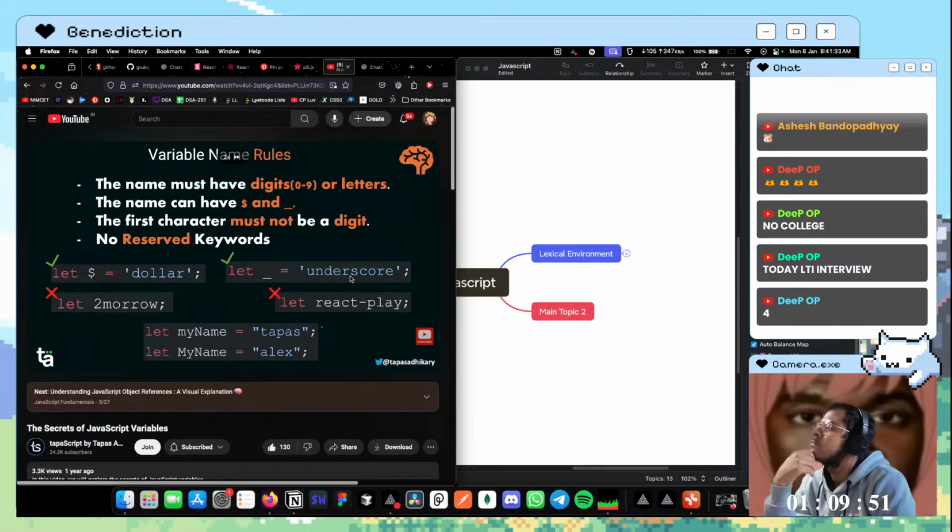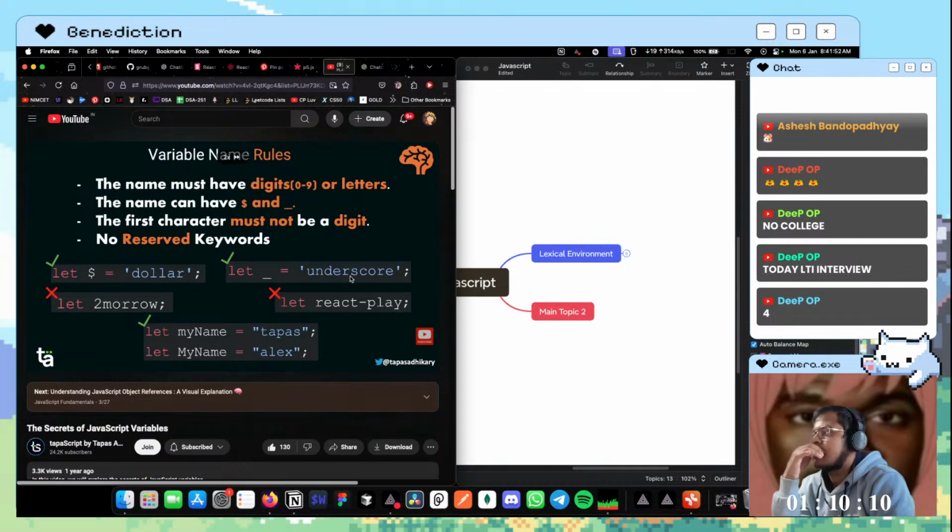Now let's take this example. Is it valid or invalid? In both cases, this is valid because it satisfies all these criteria. But one thing to note here, both of them say my name, but their cases are different. In this case, it starts with a capital M, a big M. In this case, it's a small m. These two are completely different variable names. So it means these two are completely different storages, having different values, and the storage names are completely different because cases matter. So they are actually valid, but they are two different ones.